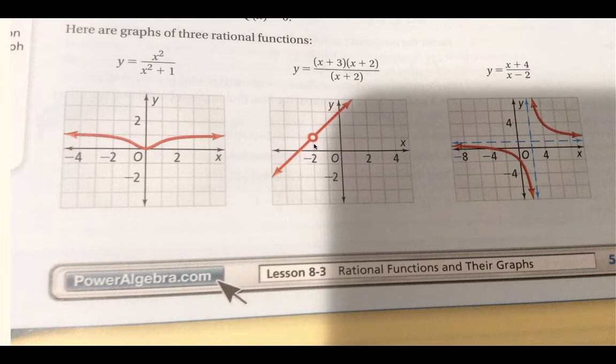This one is a little bit different. We have a hole rather than a vertical asymptote. So you can divide by 0 here. For example, if x is negative 2, because negative 2 plus 2 is 0, you'd end up dividing by 0 when x is negative 2. But you don't have an asymptote. The reason is because